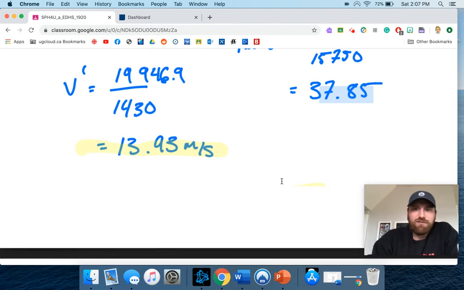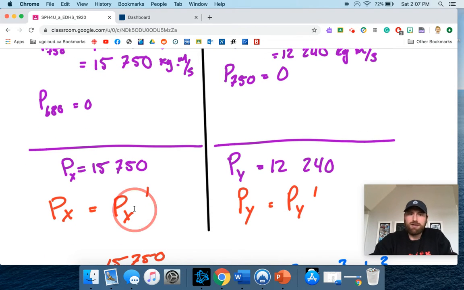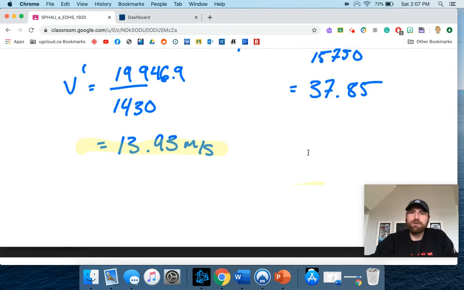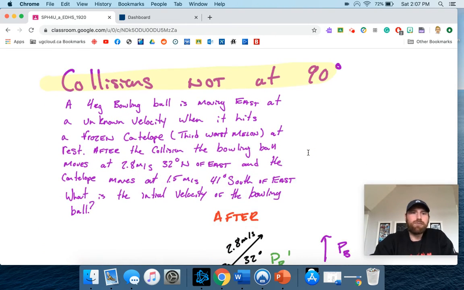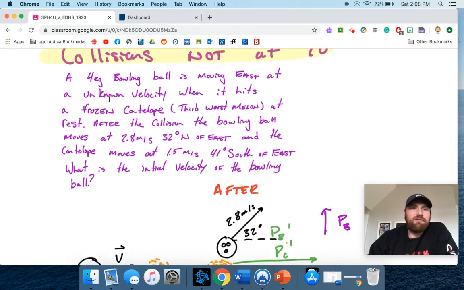So relatively straightforward. Just to summarize, at 90 degrees, all you do is you take your momentum in the x and your momentum in the y, set them equal in the prime after the collision, redraw, and find what you need after the collision. Now this is where things get a little trickier, but not really, okay? We're going to just stick with our exact same steps of vector additions that we use in forces and move on from there. So when we're dealing with collisions not at 90 degrees, in this case, a 4 kilogram bowling